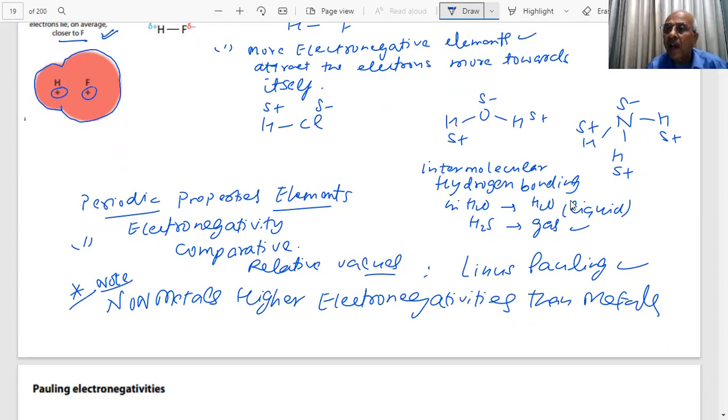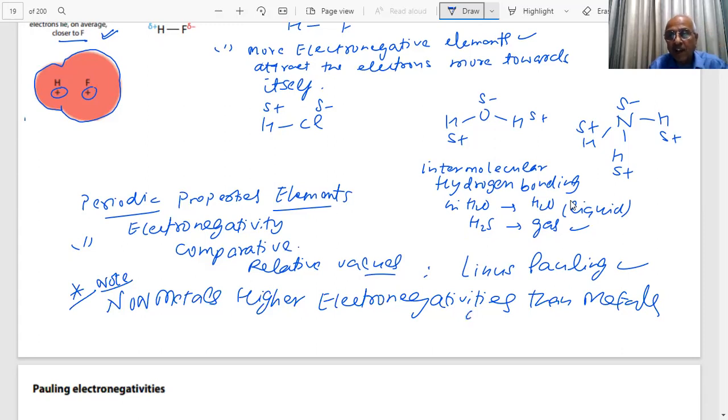Why should it happen like that? Can you tell me the answer for that, student? Where are the non-metals? Non-metals are on the right side. They have high electron affinity. They are gaining the electron, they are attracting the electron. Halogens are strongly electronegative. They are in need of an electron. Once they gain an electron, they attain the noble gas configuration, student. Oxygen also needs 2 electrons. It is in group 16.